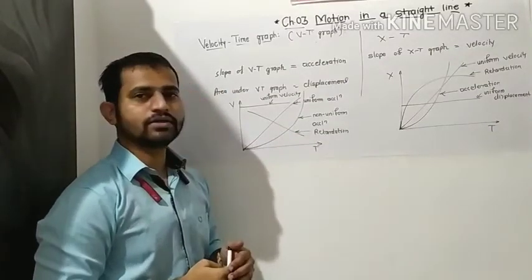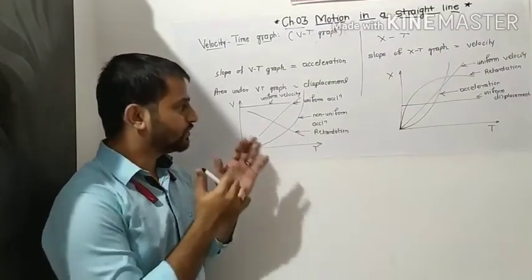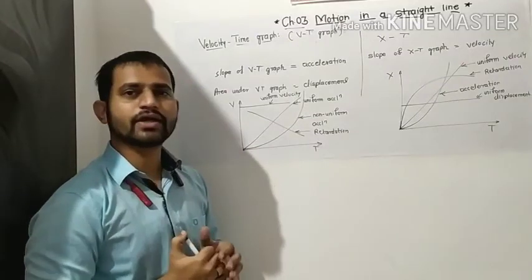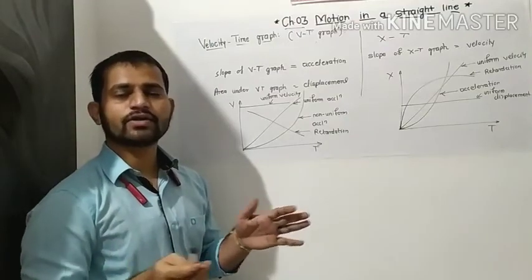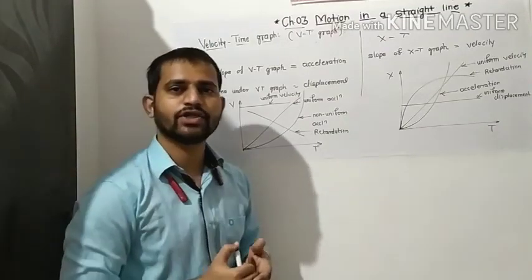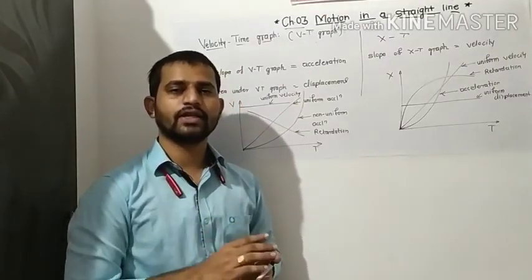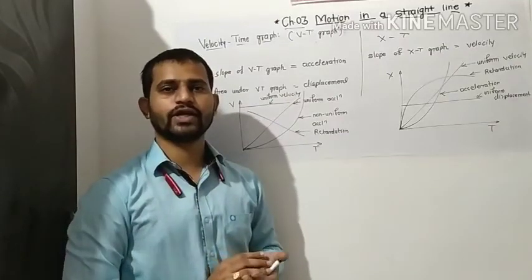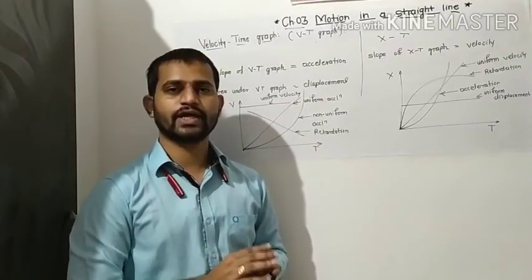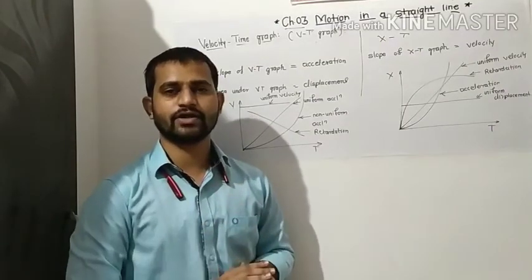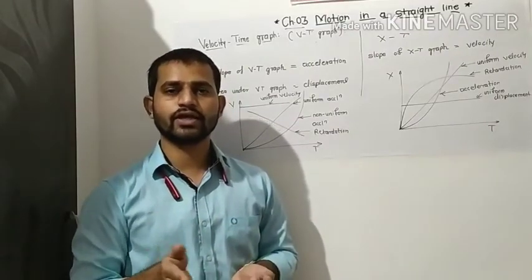If you look at these two graphs and understand them, even just by looking at them you can get an idea of how the motion is. You don't have to go for any further calculations. If you have a number of readings for the position and displacement, or the velocity and the time, and you draw the graph, then you will directly get its behavior. Either it is with uniform velocity, or with acceleration, or having some retardation. So without any numericals, we can find the third quantity in case of a graph.